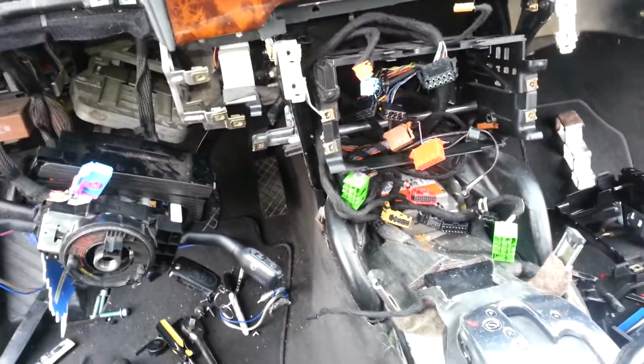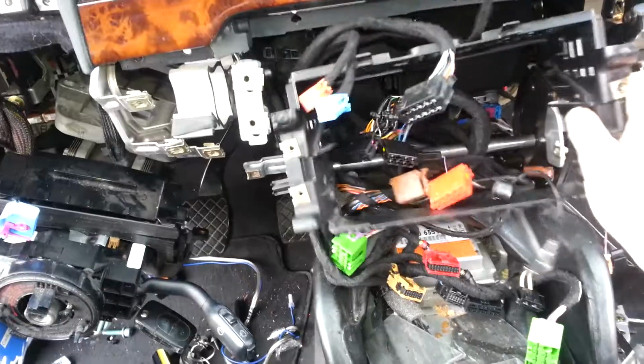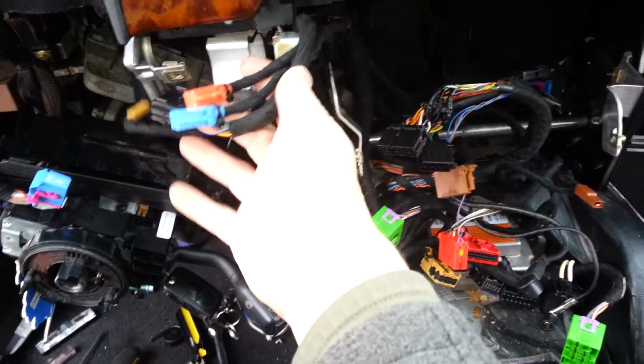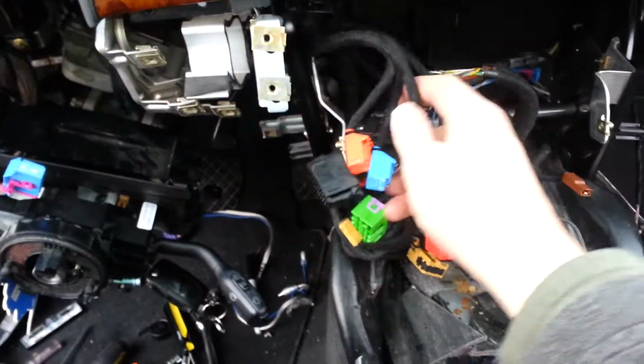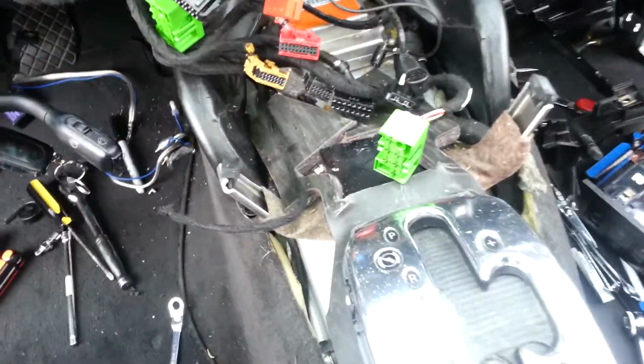See if there's anything else before I get more together and show you another video. Not too much, except a lot of these harnesses are separated really well. That's for those top buttons with the hazard and the fog lights. You have your other harness for your radio,